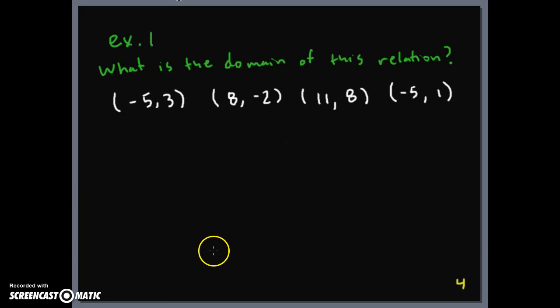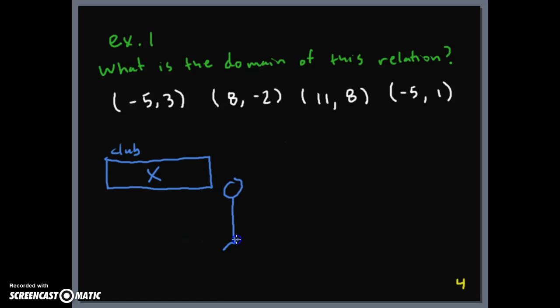So example number 1, what is the domain of this relation? And so with domain, remember, we're talking about x, so I'm going to give you some sort of way of remembering that domain is x. So let's say we've got this club that just opened up, and this club is called x. This is club x. And the bouncer to club x, this guy right here who stands outside and tells you, oh, you're on the list, you're not on the list, with his clipboard. The bouncer to this club, his name is domain, and he's only going to let you in to club x